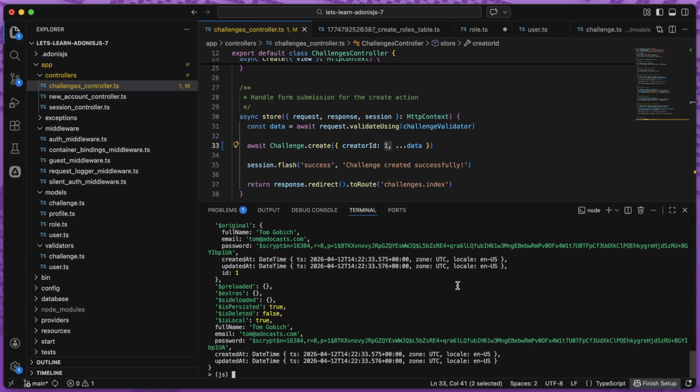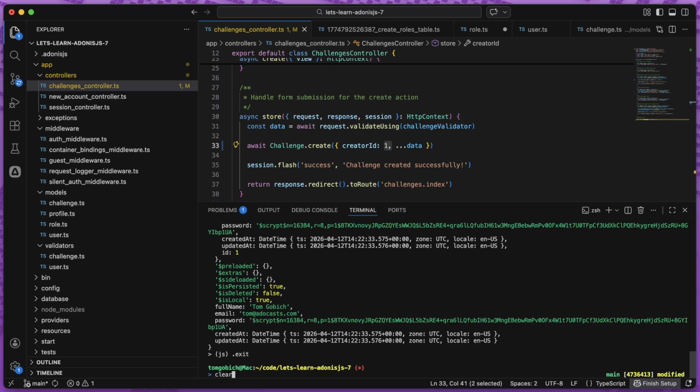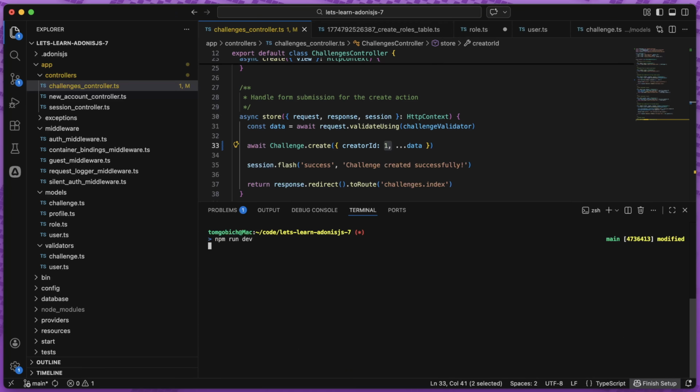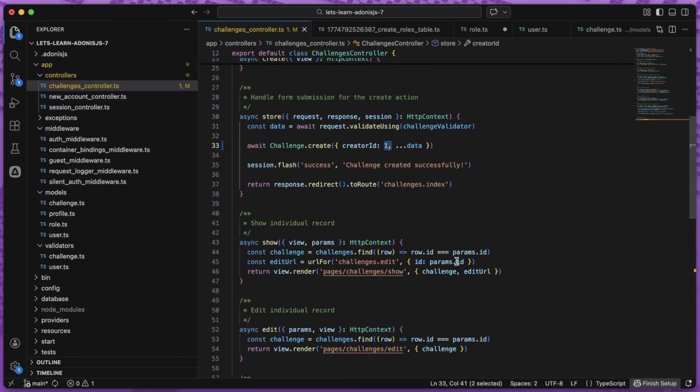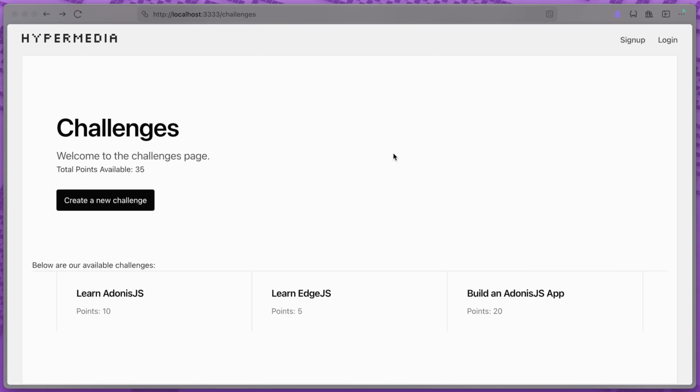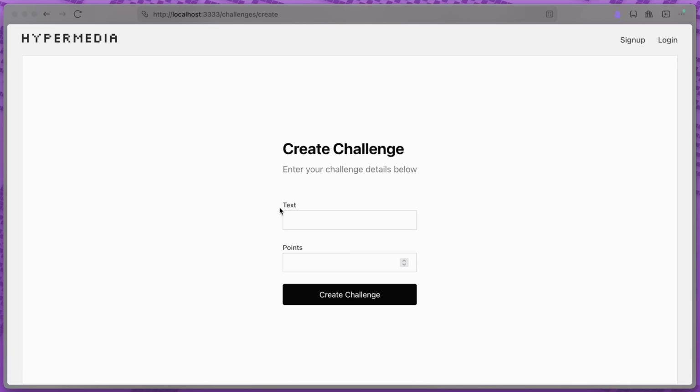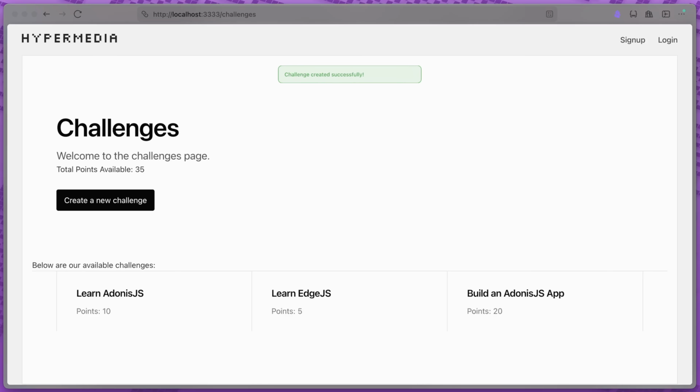Furthermore, we can go ahead and exit our REPL session by doing .exit and hitting enter, and clear out our terminal and boot our server back up. So npm run dev. Now our creator ID of 1 actually exists in our database. So we're no longer going to get a foreign key constraint if we just merely attempt to resubmit our previous form. So if we go ahead and jump back into our create a new challenge here, and we call this something like testing 01, give it a point value of 10, hit enter, it's actually going to be created successfully